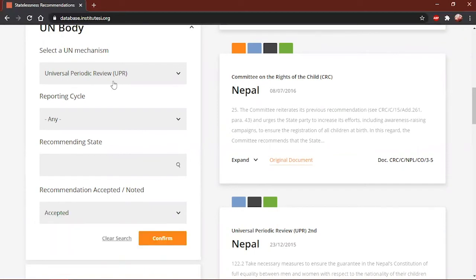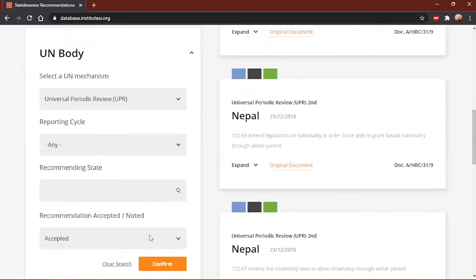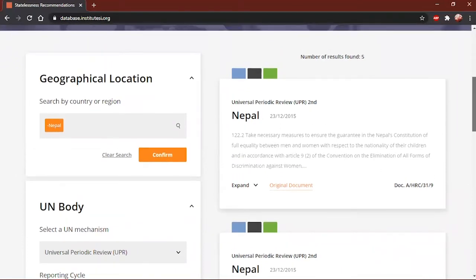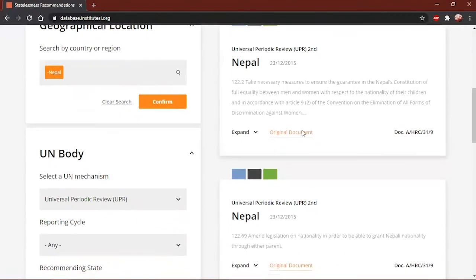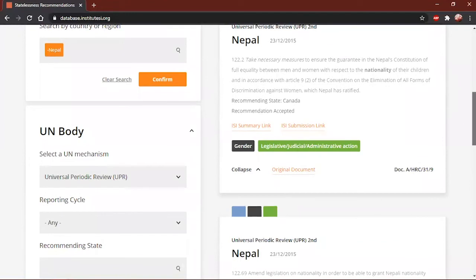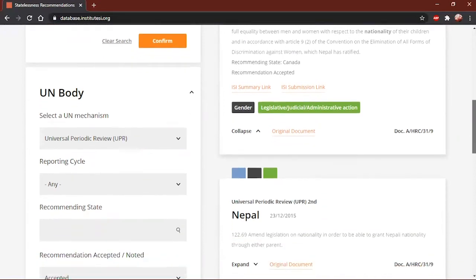So you can see that the UPR has a bit of a different filtering system. So you can also add the reporting cycle and the recommended state, but let's stick to that. So I have found now 5 results, and if I expand the recommendations, I can see that the countries that have made recommendations on the right to nationality in nationality laws are